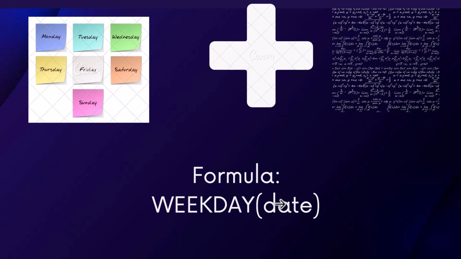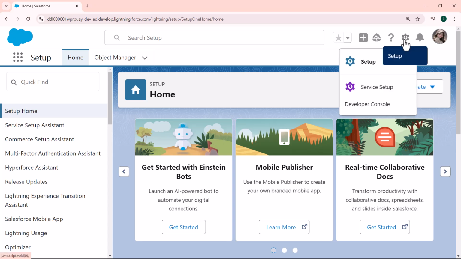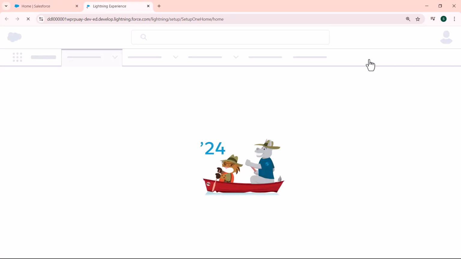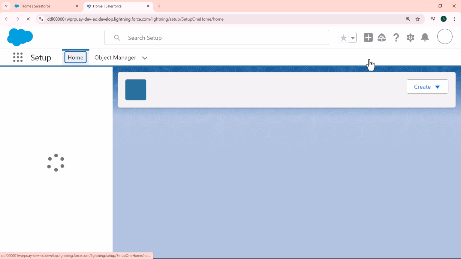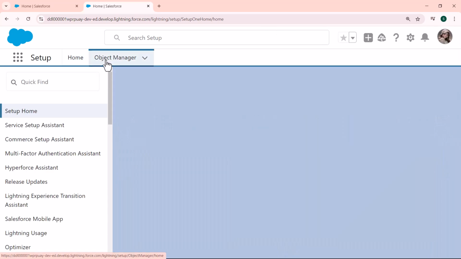For this, we first move to our Salesforce account. Here I open my Salesforce account, and by default it is open in the Lightning edition. If you are not in the Lightning edition, first switch to Lightning. Here I will discuss the weekday formula in Salesforce Lightning. For this, click on the gear icon and click on the Setup option to move to our home page. Here it redirects us to the Setup home page, and then I click on the Object Manager tab